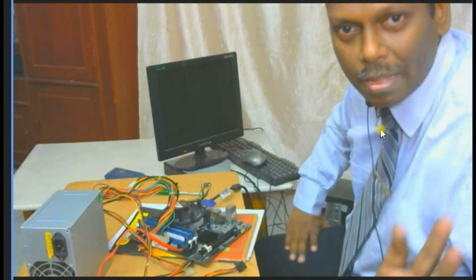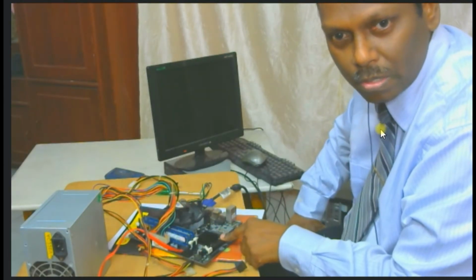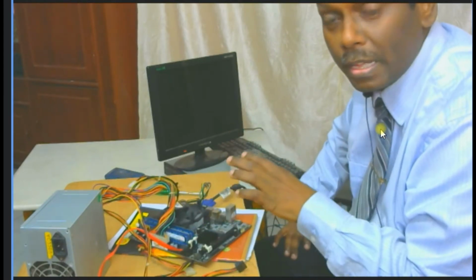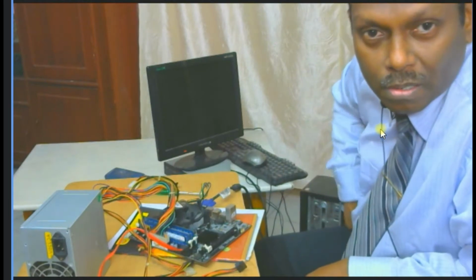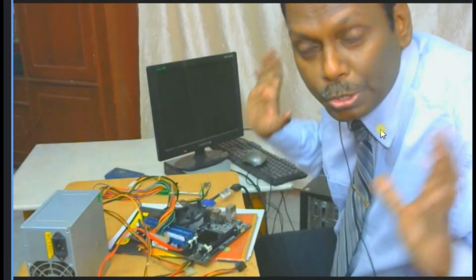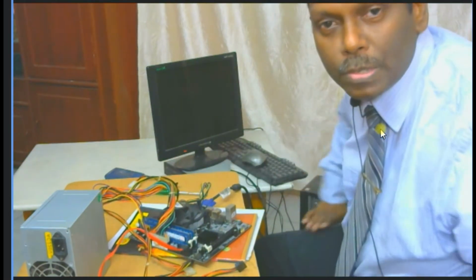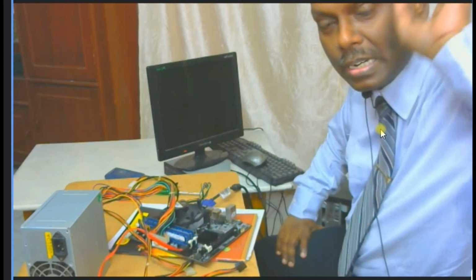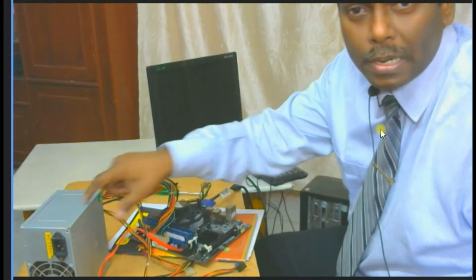So what all elements do I have now? Power supply, motherboard, CPU inside. CPU should always be kept cooled. What happens if the cooling fan dies? What will happen? The heat will come. Huge heat will come, and immediately the CPU will be stopped. No, it won't. The technology has changed. In the 90s and early 2000s, it used to explode. But nowadays, it tells the power supply to switch off.